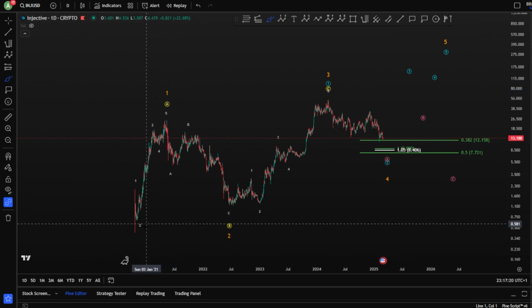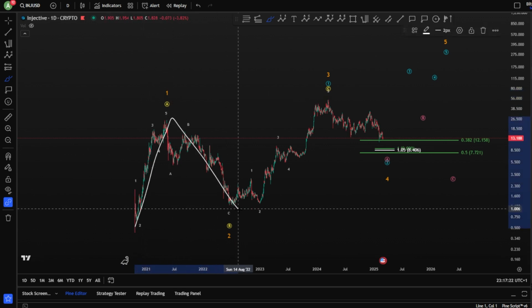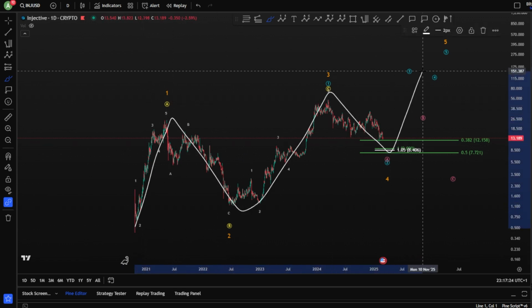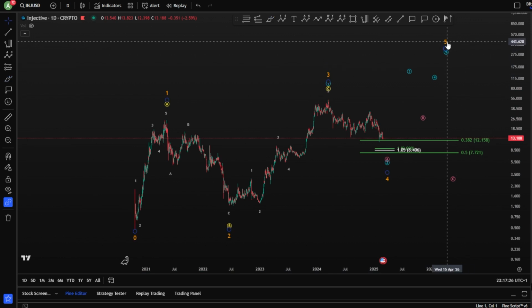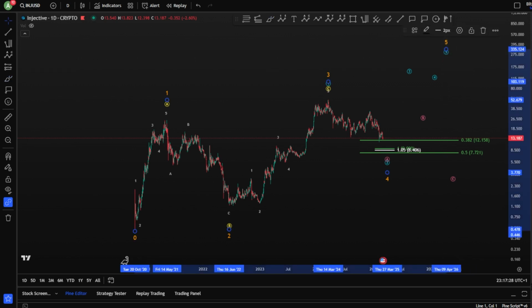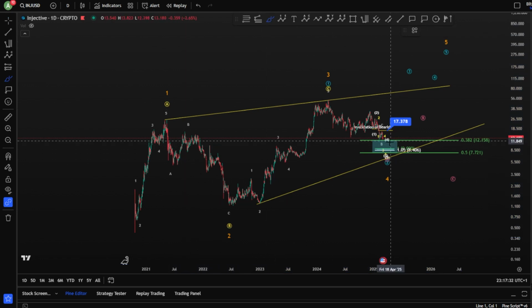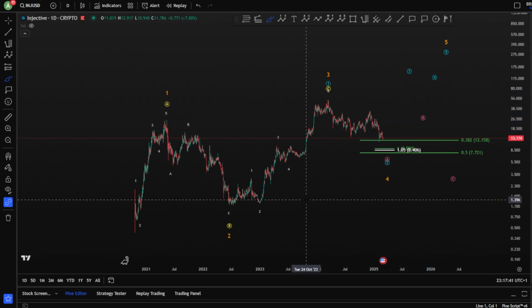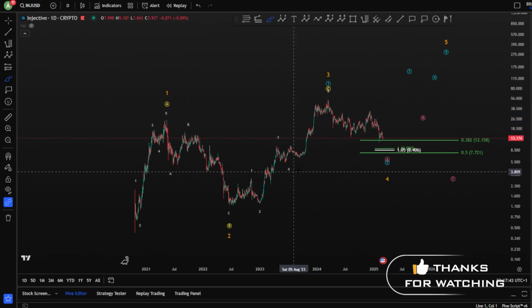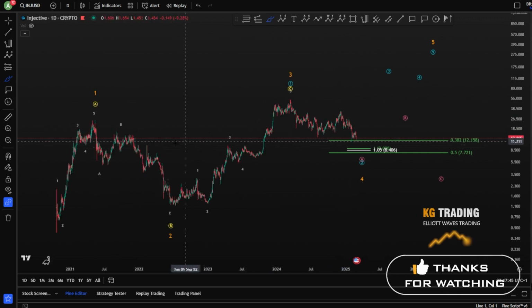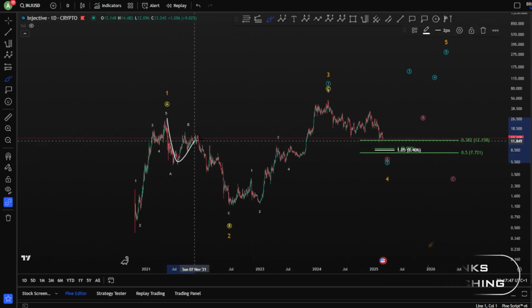In the wave 1 here, we are looking at 1, 2, 3, 4, and a 5. A probable leading diagonal here, where we would like to see a contracting leading diagonal with a wave 5 after 3 waves for your wave 4, hitting perfectly this blue zone and continuation toward the upside. Your bearish scenario is a bigger corrective wave where we might have 3 waves